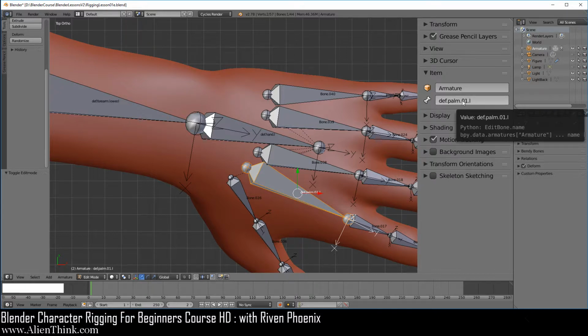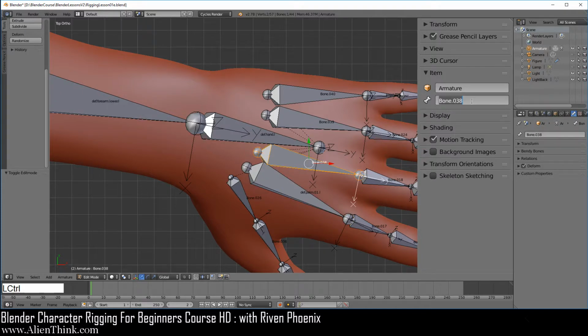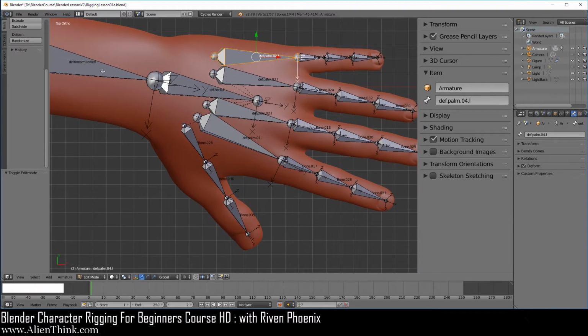So go ahead and just hover your mouse and copy this, click over here, click inside, Control V, and this one we're going to switch to 2, enter. Click on this, click inside, Control V. This is going to be 3, enter. Click on this, click inside, Control V. This is going to be 4, and then enter. Okay, so let's go ahead and save our progress over here.